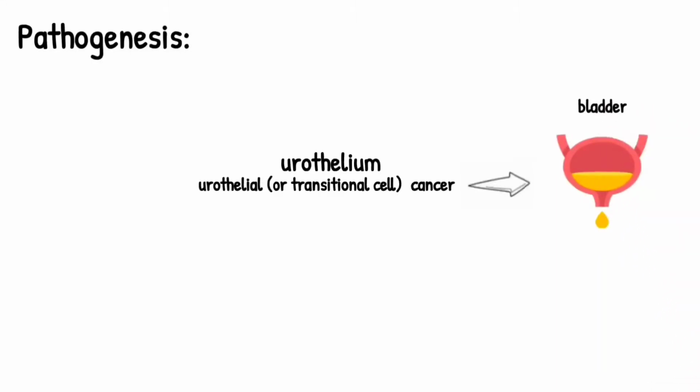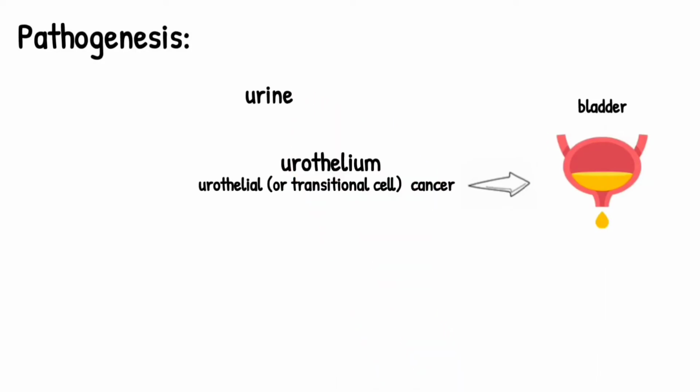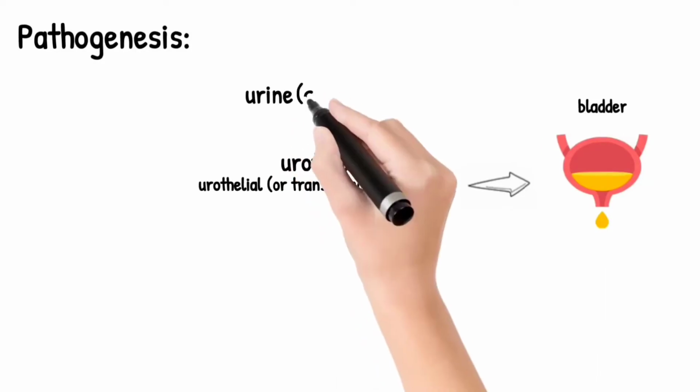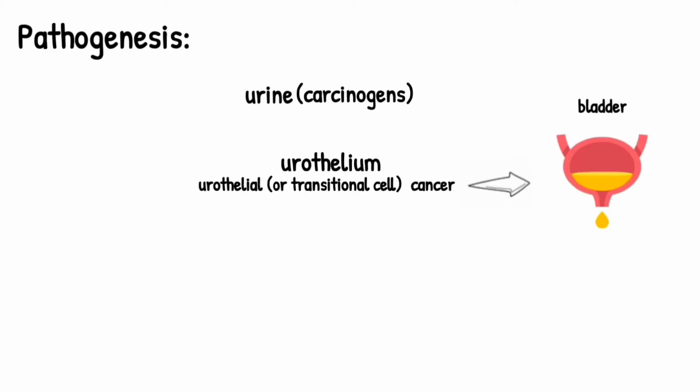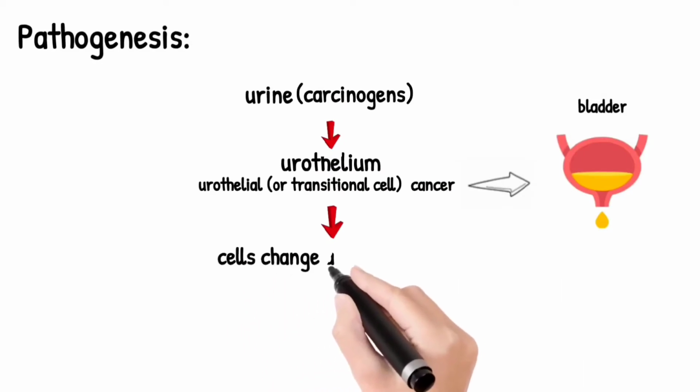Because many of the organs in the urinary system share common cells, cancer found in these organs often look and act alike. The urothelium is special in the way that it swells and shrinks to push the urine through the urinary tract. Because it is in direct contact with the urine, this lining is exposed to chemicals called carcinogens, which are filtered out of the blood by the kidneys. These chemicals can cause cells to change and grow out of control